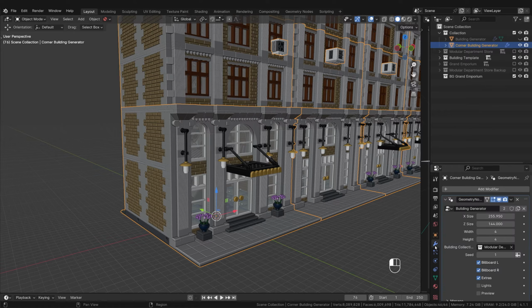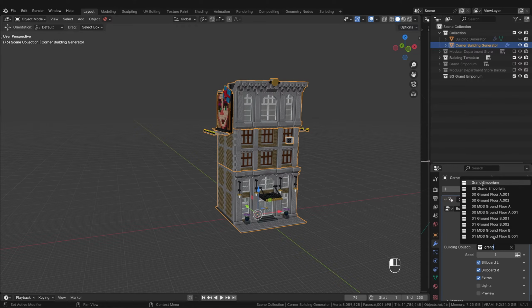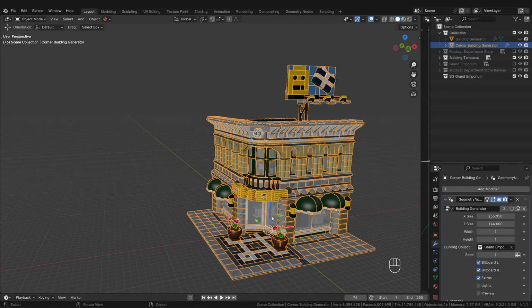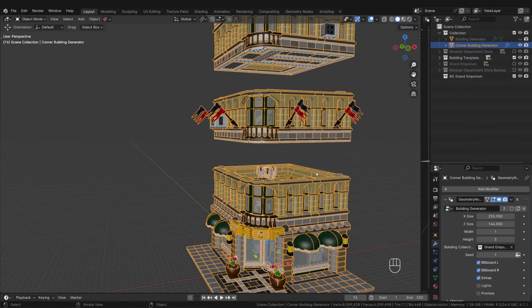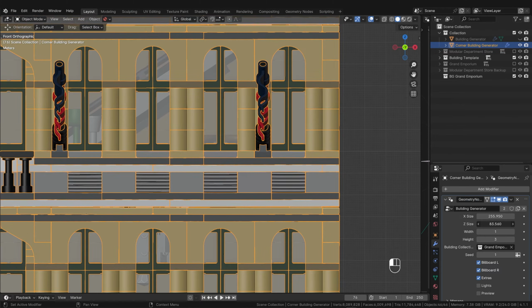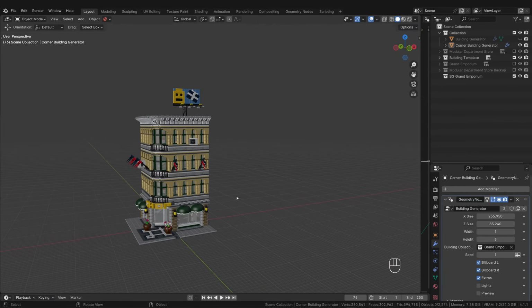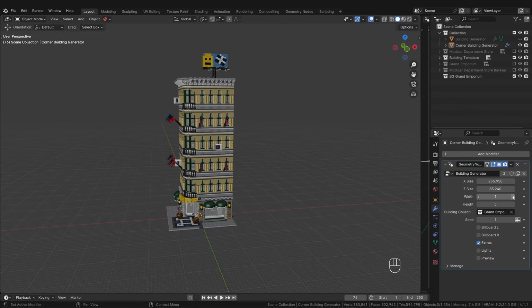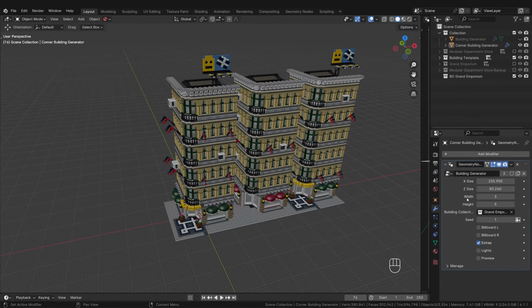And here let's set the width to 1 and the height to 2. Now we select the collection from our new building here. And all we have to adjust here is the Z size. Set the height to 2 or 3 to align it correctly. That looks good. If this were not a corner building but a normal modular building, we would already be completely done at this point. But as you can see here, it doesn't work as it should.